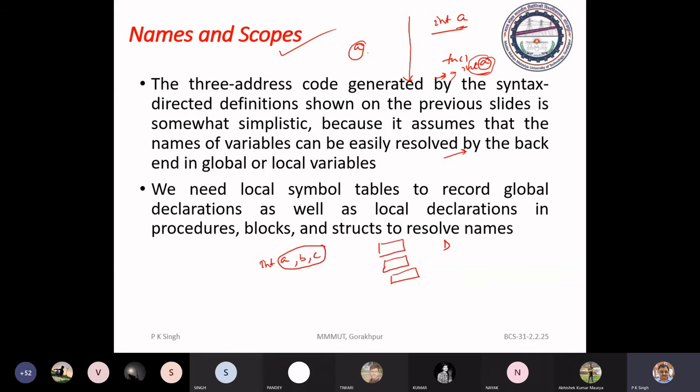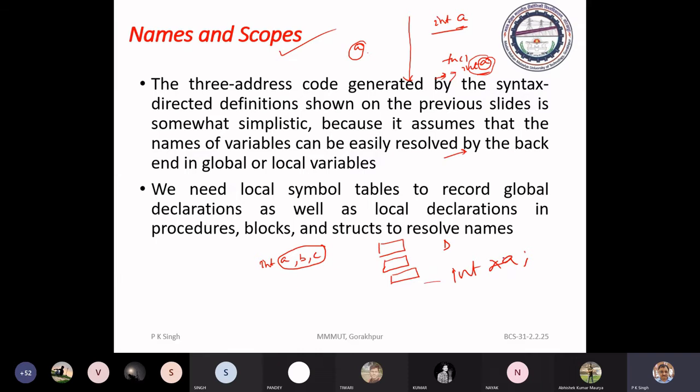If you had defined int *A, perhaps all of you are aware of C language. You had C language in your initial course, first year. So int *A.